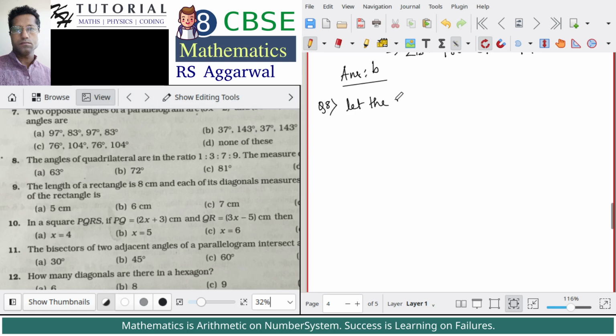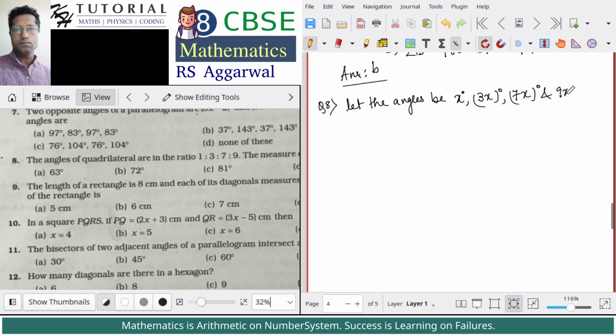The ratio of the 4 angles in the quadrilateral is given as 1:3:7:9. So let the angles be x degree, 3x degree, 7x degree